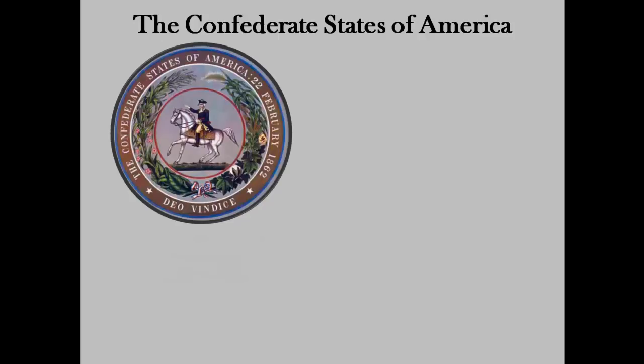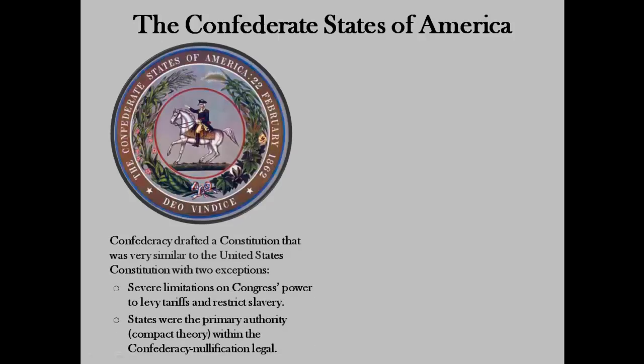Just like when they invited him to preside over the Constitutional Convention in Philadelphia, his presence made the work they wanted to accomplish legitimate. Speaking of constitutions, the Confederacy created their own constitution that was similar in very many ways to the United States. But it did promote many of the ideas that had driven the country apart in the 1850s. It made protective tariffs illegal, slavery and the transport of slaves were legal, and states were supreme to the federal government. This last part would cause many issues for the South during the war.